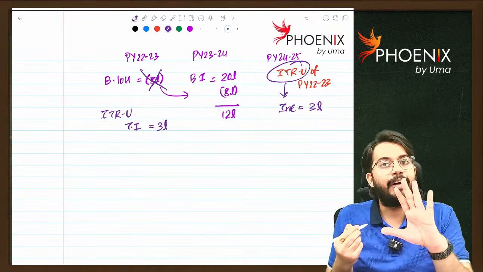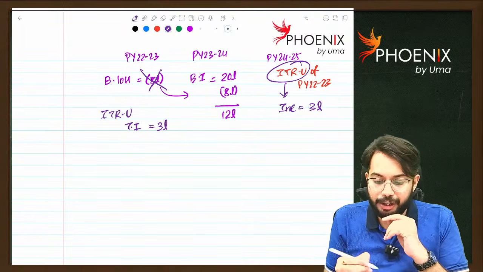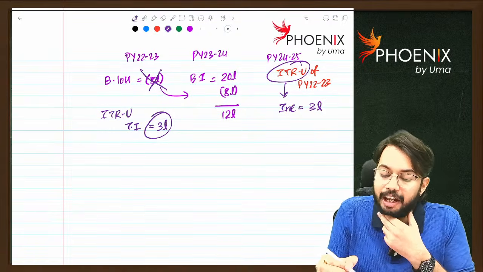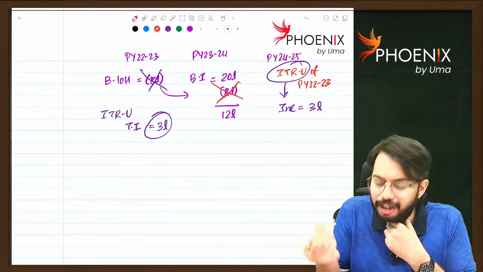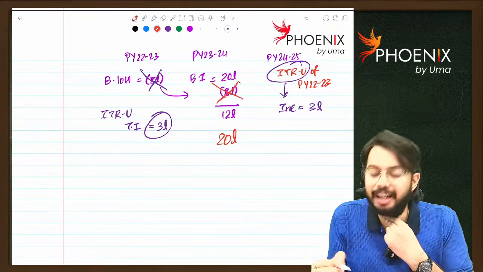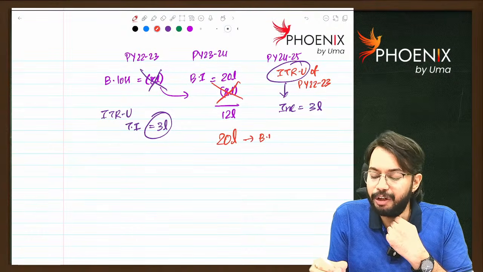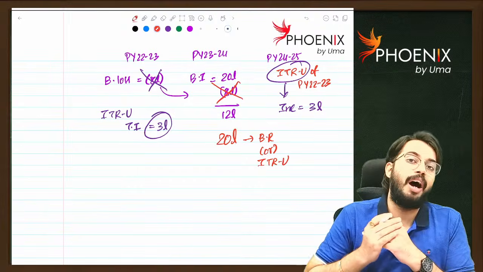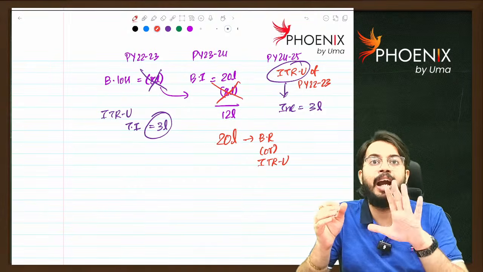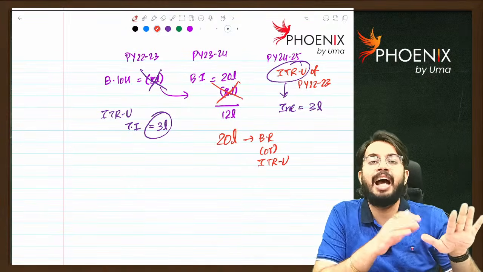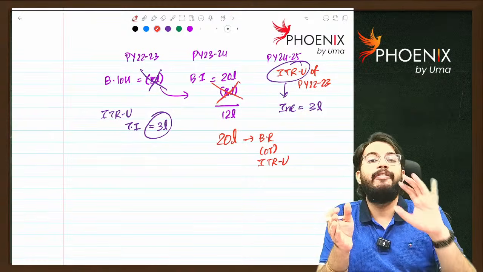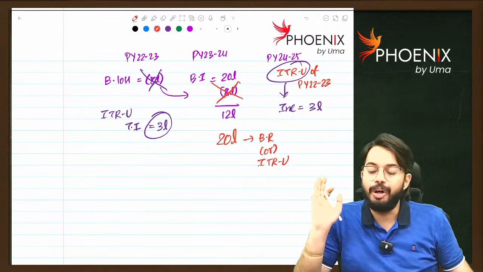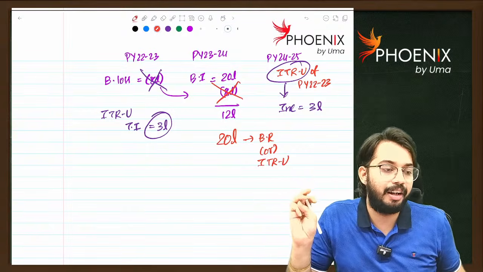Now, for 22-23, you filed ITR-U, you disclosed income of 3 lakh rupees. For 23-24, then this set off is also not allowed. Your income is 20 lakhs. So for this, either you need to file belated return or you need to file ITR-U. Are you able to understand? Because of filing ITR-U of 1 year, if it is having impact on further years, for further years also you need to change the return. Either you need to file ITR-U or you need to file belated. Are you able to understand?